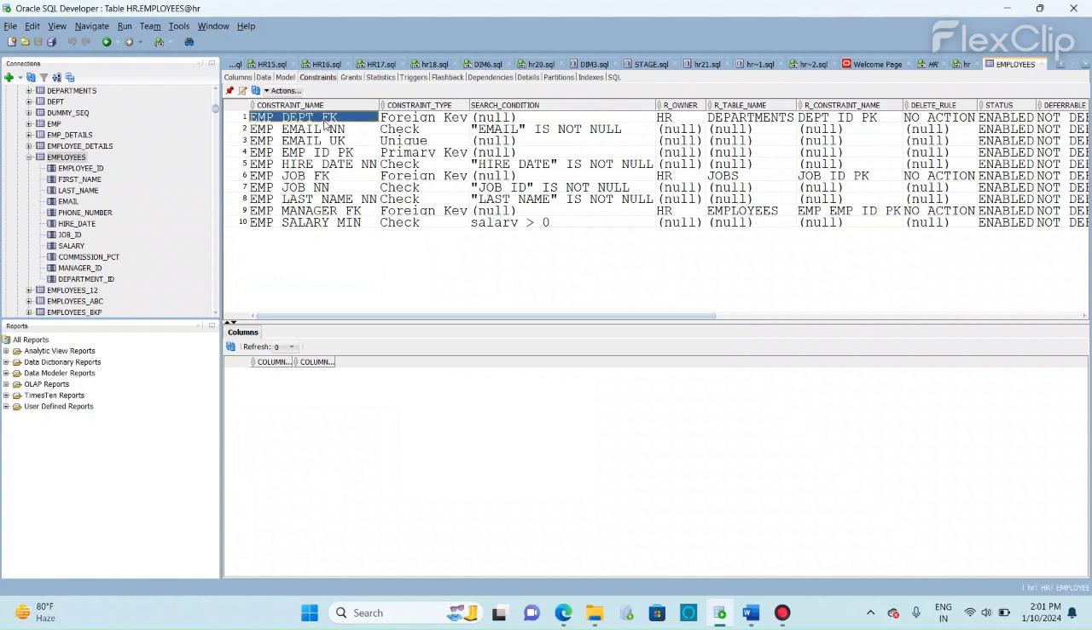Then if I want to check all the constraints on my table, I can click on this Constraints tab. In the employees table, there is one foreign key, which is on my department ID. Then there is a check constraint and also a unique constraint. If I click,